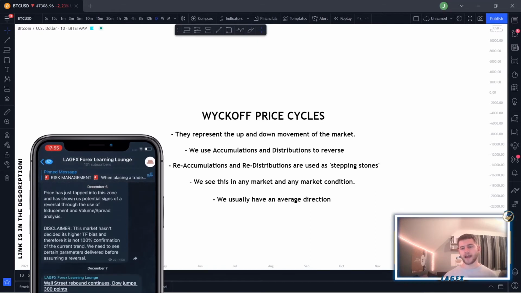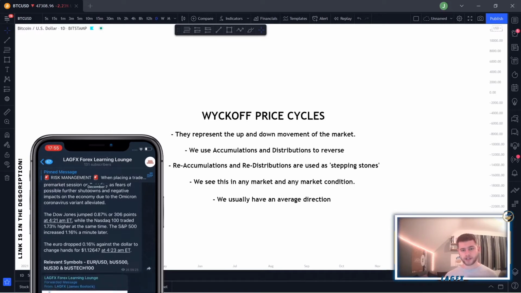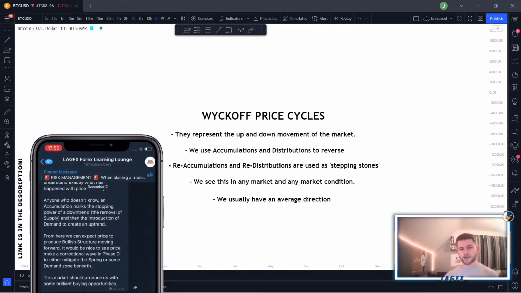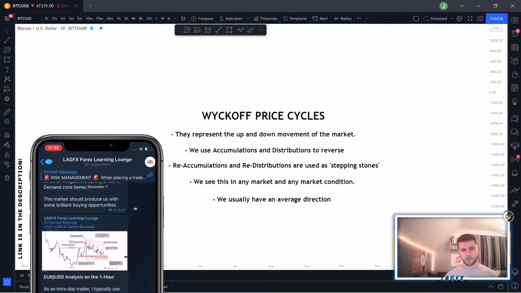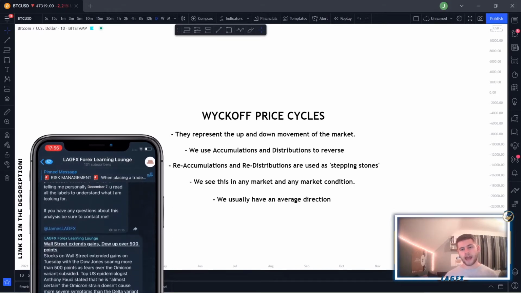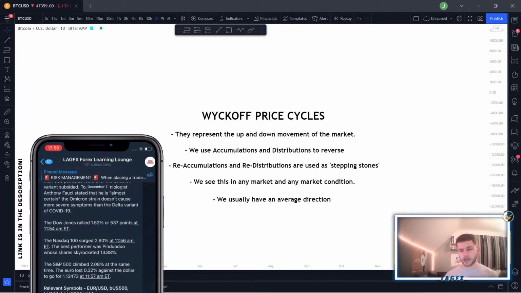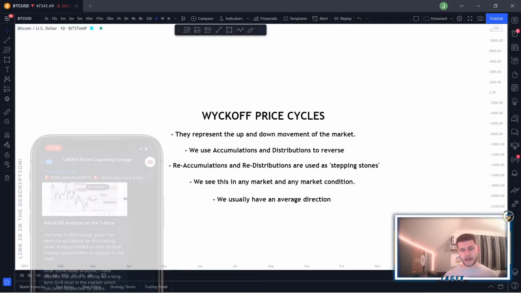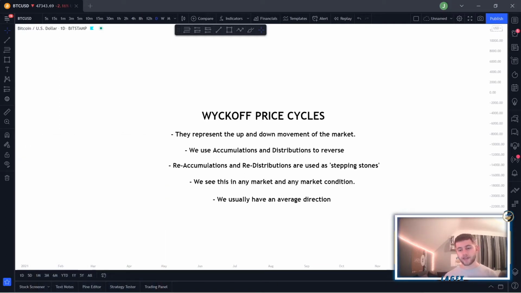Now, today I'm going to be focusing on Wyckoff price cycles. So this is specific to the smart money and Wyckoff approach to the markets. Either way, whether you are a technical trader, a scalper, whatever it may be, this is definitely something that I think will have importance in your trading plan. So make sure you stick it through, watch to the end. And right now I'll dive in and tell you exactly what it is that I'm talking about